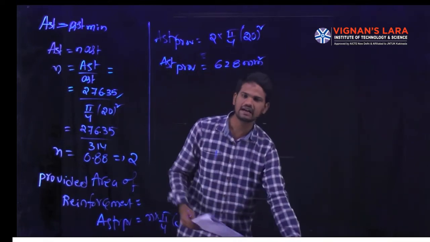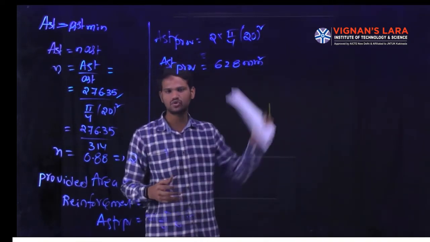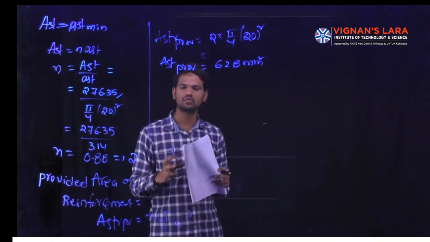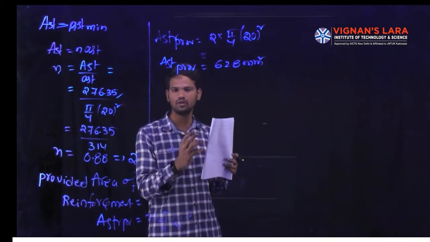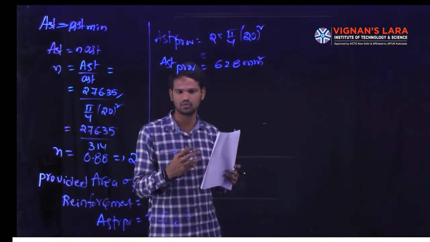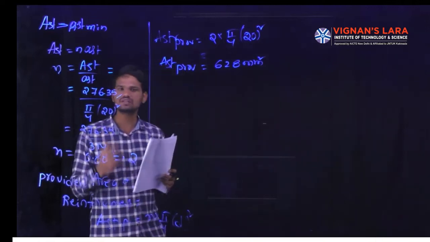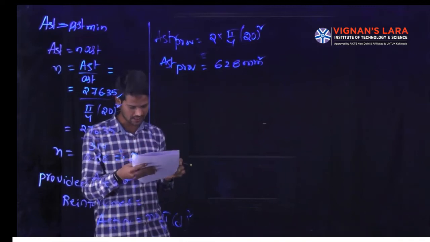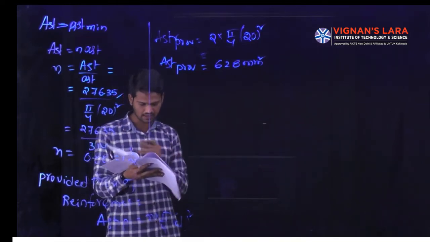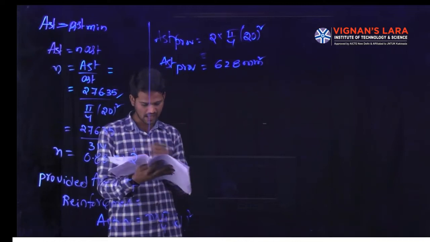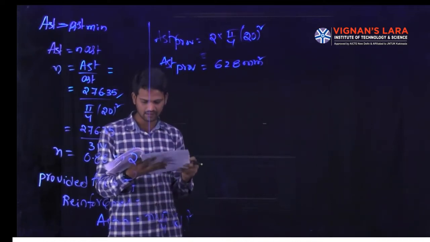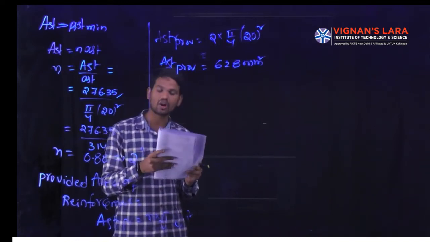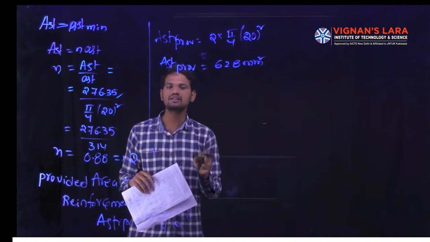Now we will calculate the check for shear. That means due to application of the load, the beam can fail. To resist the beam failure, what is the shear reinforcement? To get the resistance to shear, what reinforcement do we have to provide? That we will calculate again from IS 456, page number 72, the nominal shear stress, or check for shear stresses.